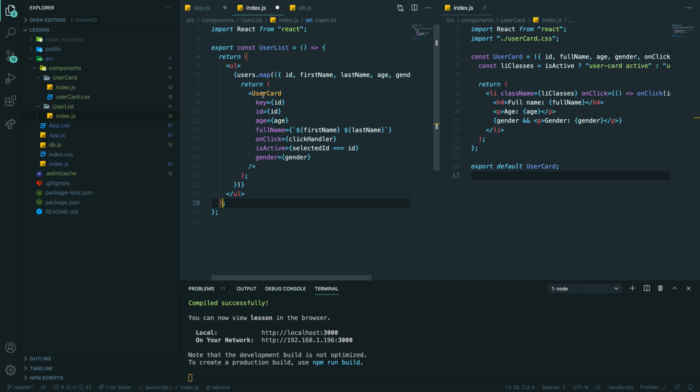That still should work. The only thing that we are missing here is that we actually want to import the component, import user list from. So now all I have is this.